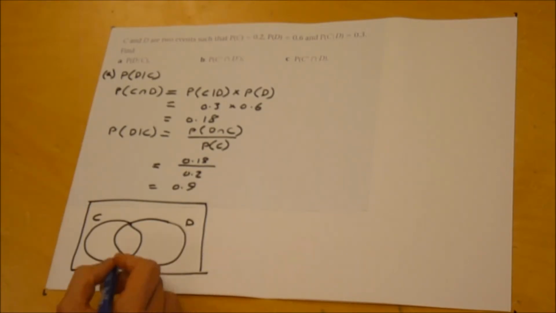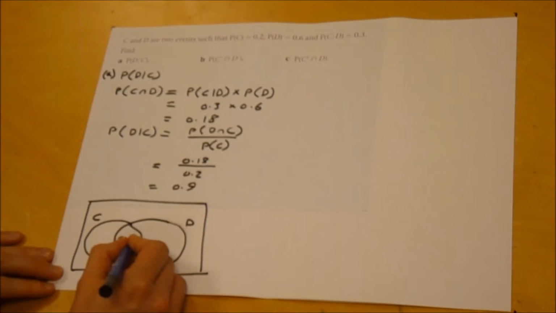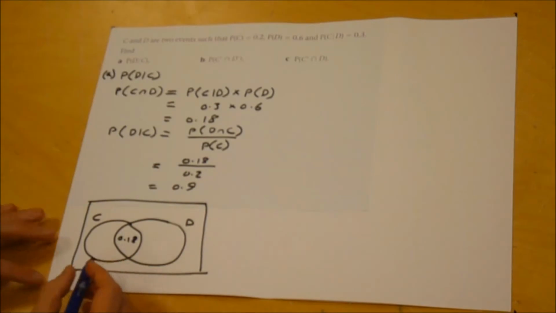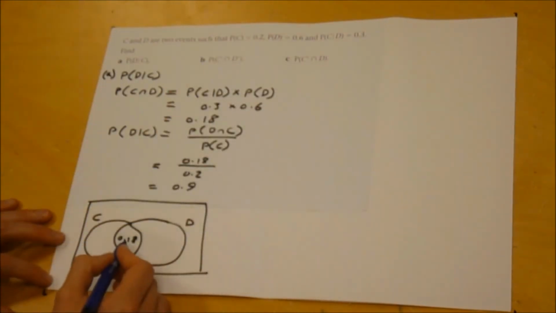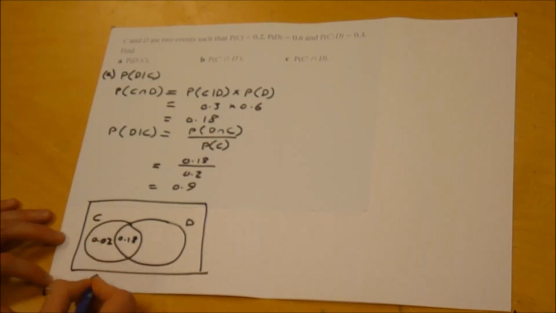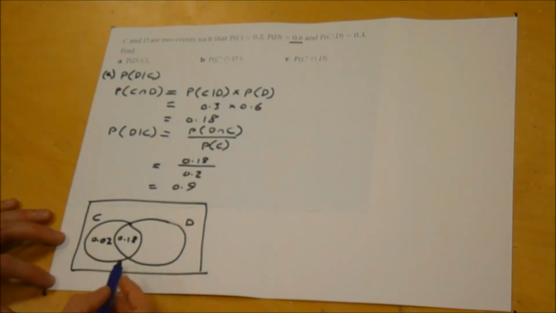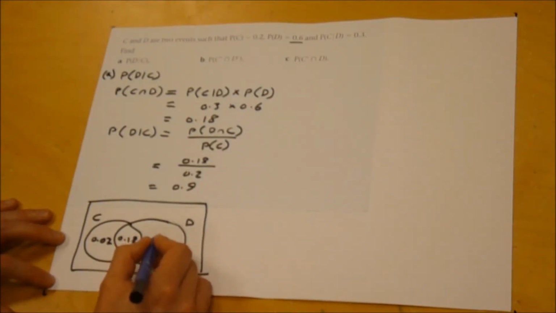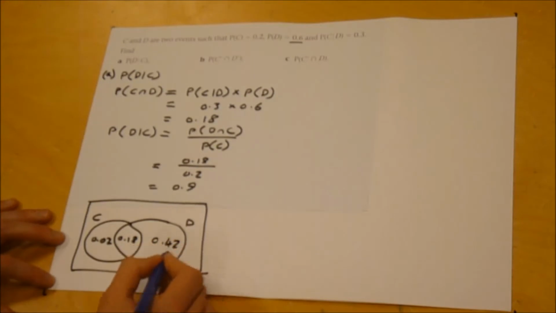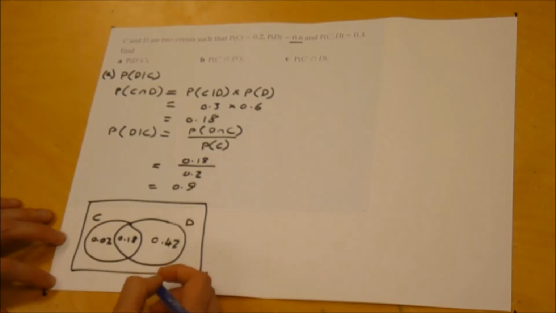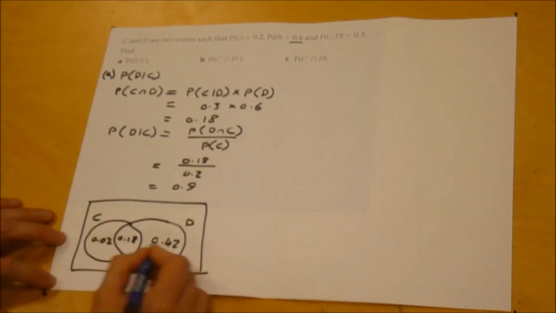I know that the probability of C and D is 0.18, so I can work out from that, well, the probability of C is 0.2, so 0.2 take away the 0.18 already accounted for is 0.02, and similarly with D, the difference between 0.6 in the question and the 0.18 leaves me a probability of 0.42 here of just D and not C. Right, adding that up, I've got 0.02 plus 0.18 is 0.2, plus the 0.42 is 0.62, so 0.62 there leaves me